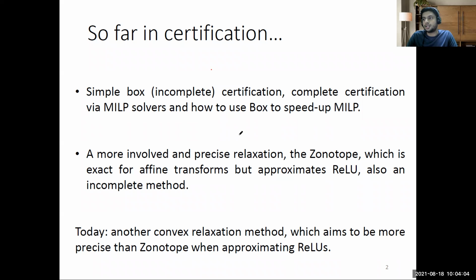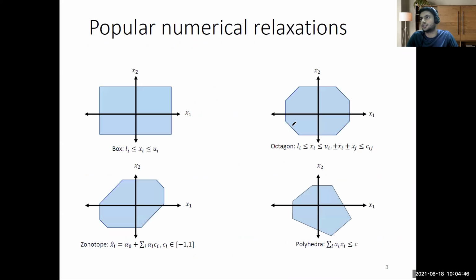In today's session, we'll be discussing another symbolic region, which they call deep poly. In their paper, they refer to the zonotope as deep zono and the polytope as deep poly, because even though these regions are pretty popular, they incorporated these regions into the neural network context. That's why they call it deep zono or deep poly. So today's session will be about deep poly. If you have followed the zonotope session properly, then this will be a very similar session with some modifications, which we'll be discussing in future slides.